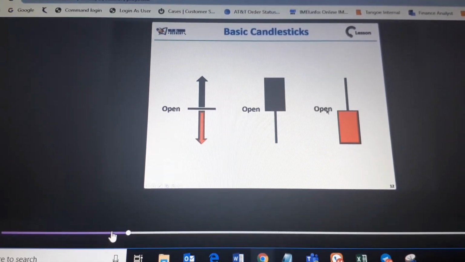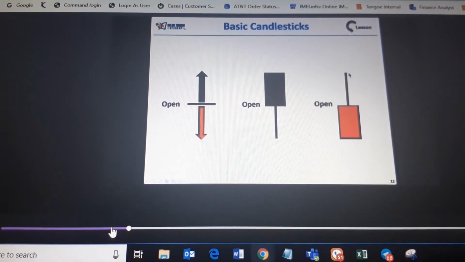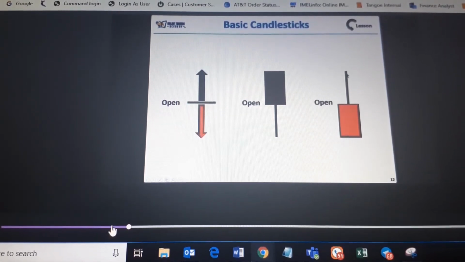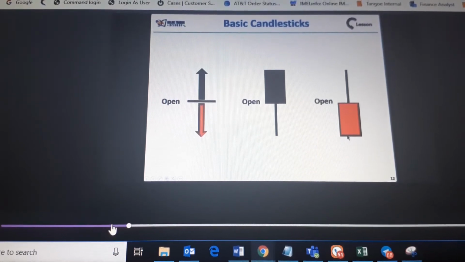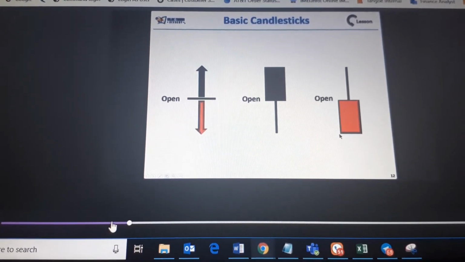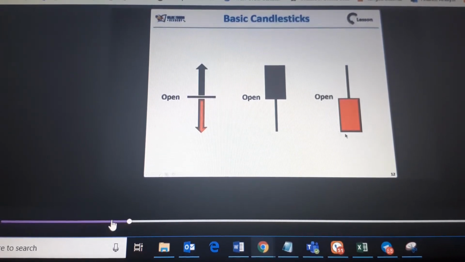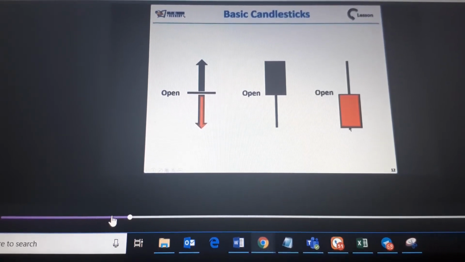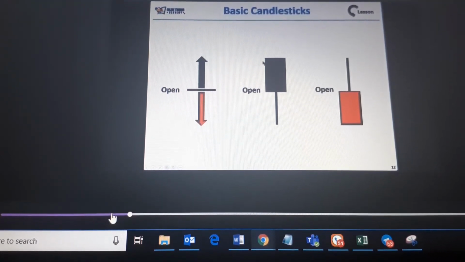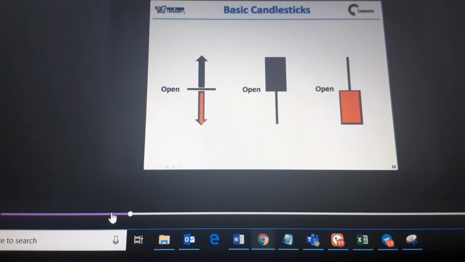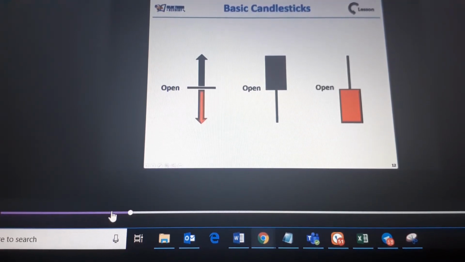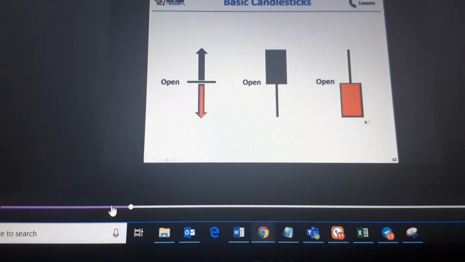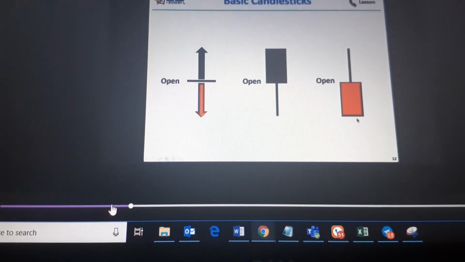Similarly, here the candle opened at 100, it went all the way to 110, but again the sellers came into the picture and brought the price down. So now the close and the low are the same for this candle, because this is the low point. So here the low and the close are the same, and here the close and the high are the same. You might find candles which have no wicks to the upside. You might find a candle on your chart which doesn't have any wicks to the downside. Clear?